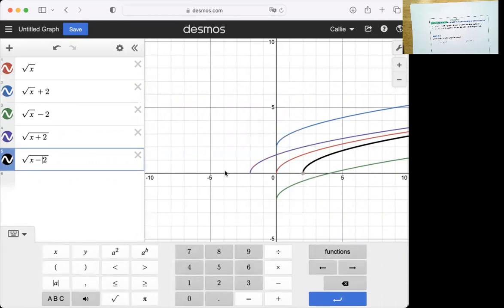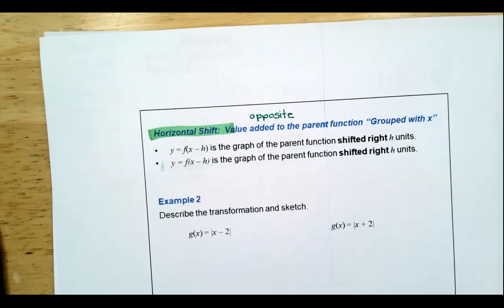It's within the grouping symbol. In this case, the grouping symbol is not the parentheses, it's the radical. Okay? And it does the opposite. So when we add 2 inside the parentheses, we move in the negative x direction. When we subtract 2 inside the parentheses, we move in the positive x direction. These are important things to see the difference between. Okay, so